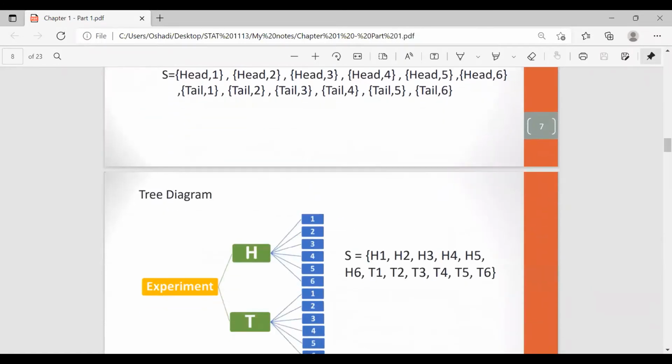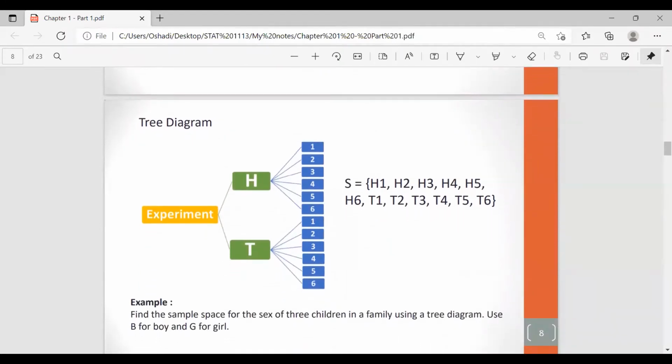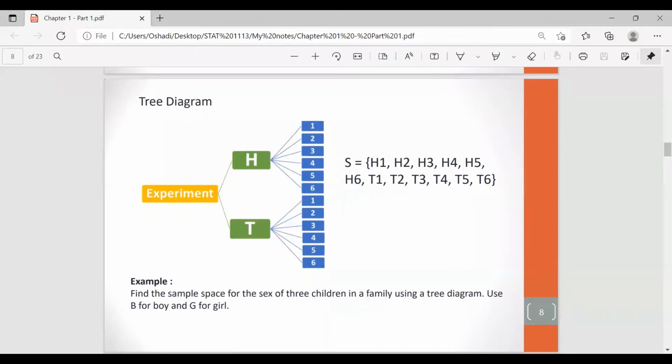So rather than listing the sample space, I think the tree diagram gives you a better understanding. Okay, so the experiment is flipping a coin as well, and also simultaneously a die. So we can represent the sample space using this tree diagram. It's easy to obtain the sample space using the tree diagram, right? So you know these things. So just to recall the memory in your A level, right?